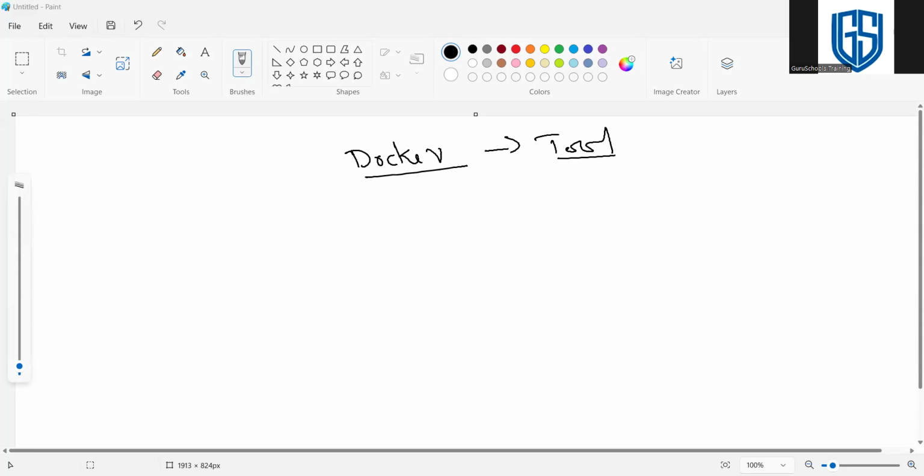So some key concepts of Docker: it's a lightweight and standalone executable package that includes everything needed to run a piece of software, such as code, libraries, and dependencies. Each container within the environment is isolated from the others.